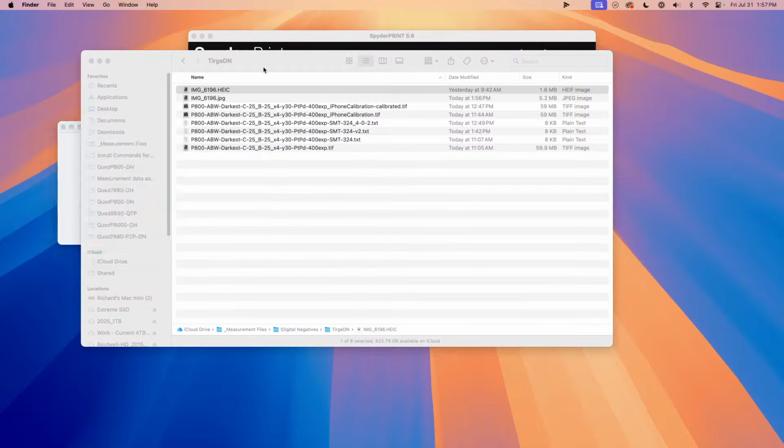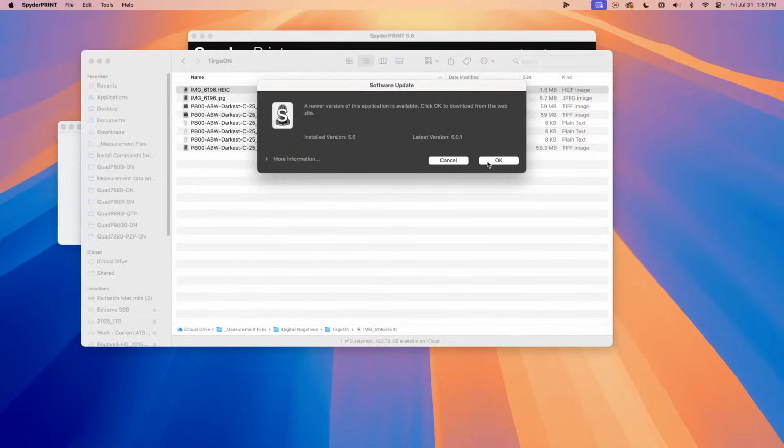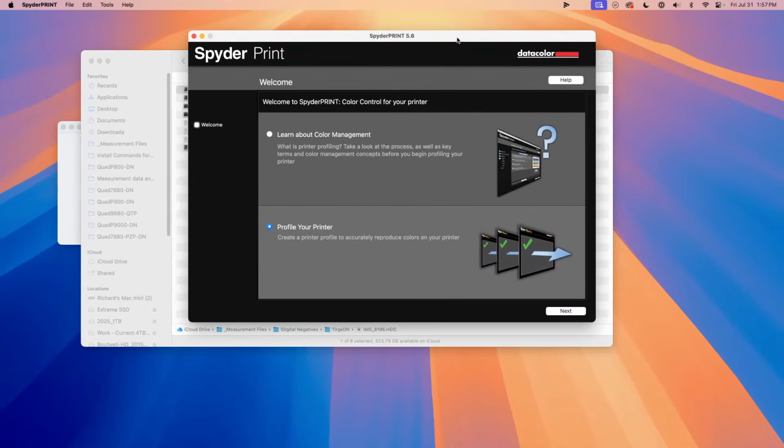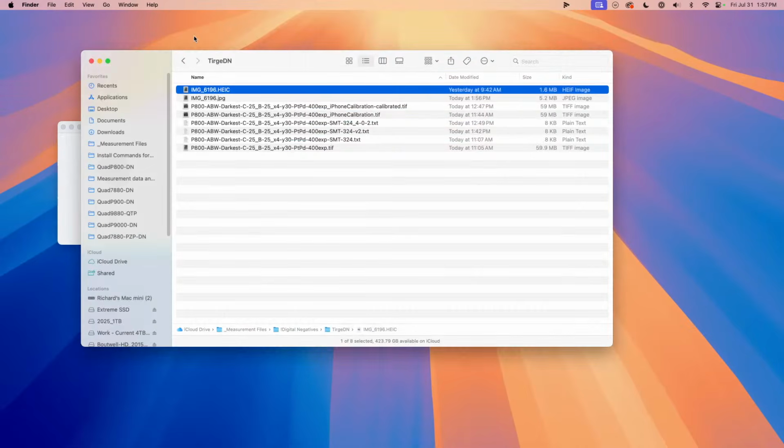Close this layout. Okay, I'm not going to do anything with Spider now, but that's the idea. Just like you would normally measure, as long as you have a measurement file, light to dark, even randomized, it'll unsort it for you. But what I'll show you here is